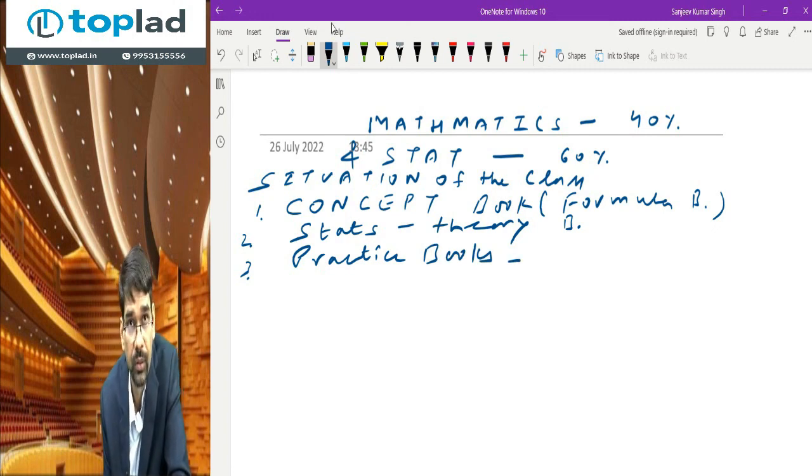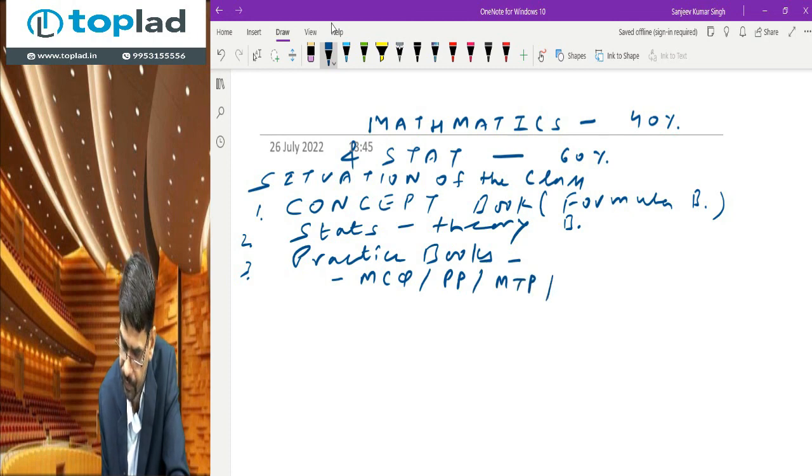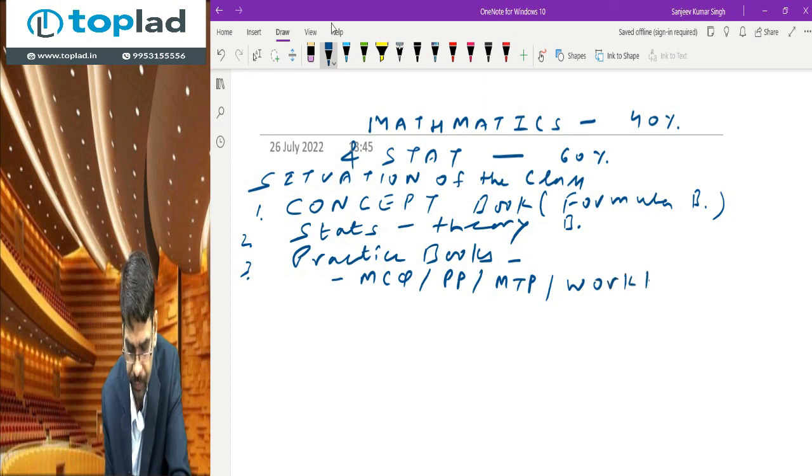This practice book covers all the questions from the MCQ part, from the past papers, from the mock test paper, also the workbook,